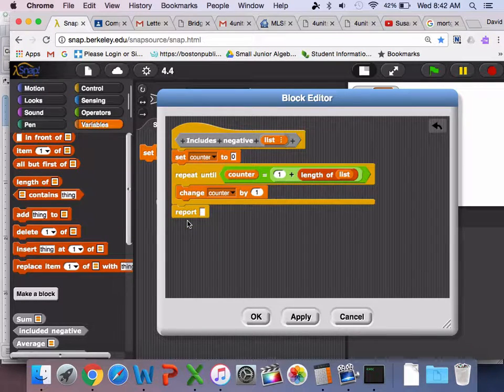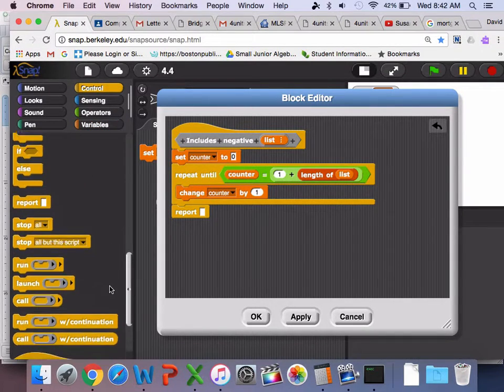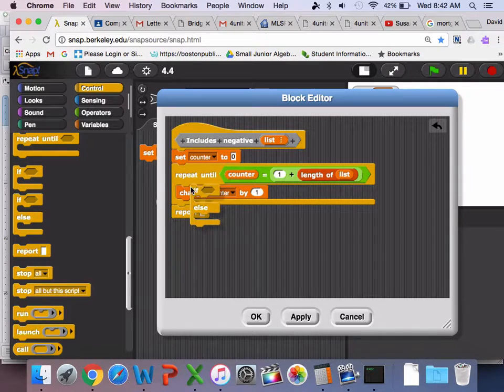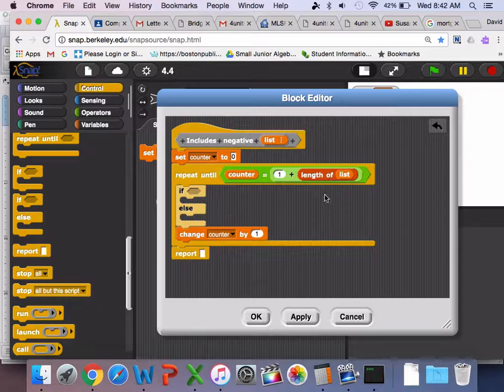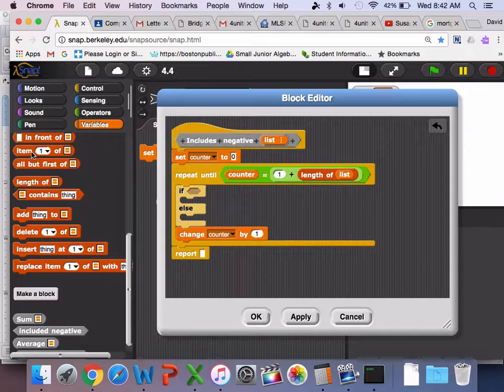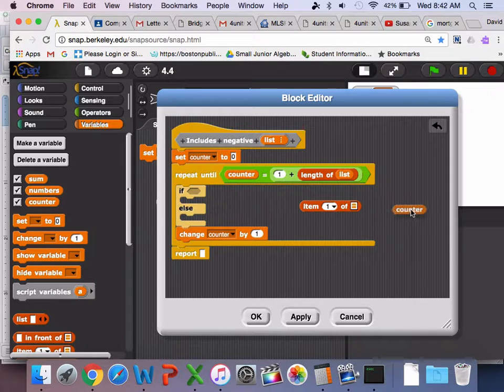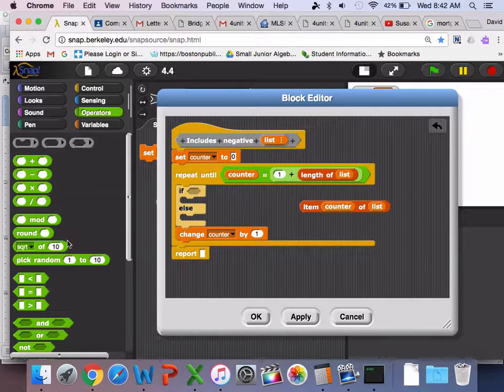And all we need to know is if it's a negative number. So you heard me say if. So let's use an if-else statement. And if it's not a negative number, we'll report false. So we'll say if the item counter, if the counter item of list is less than 0, so less than, if this is less than 0,